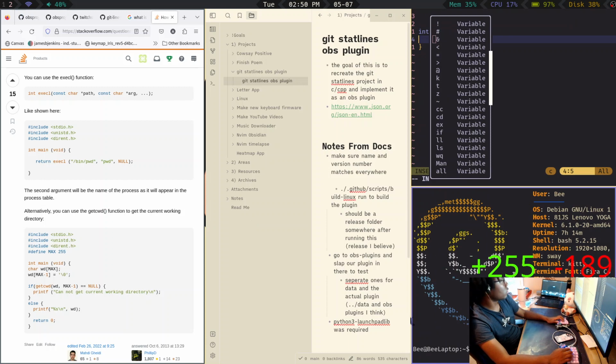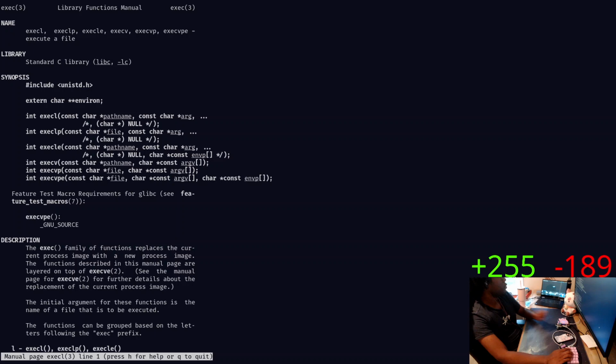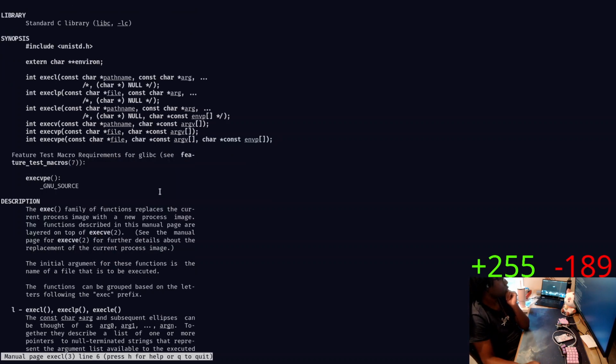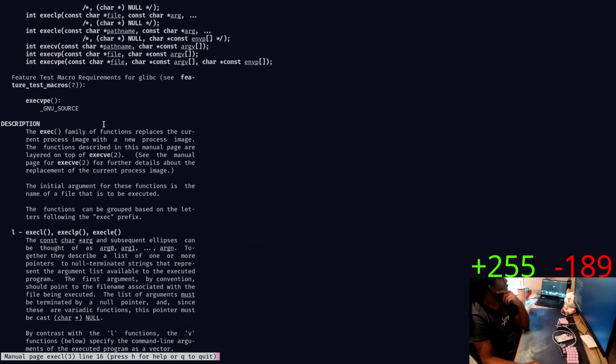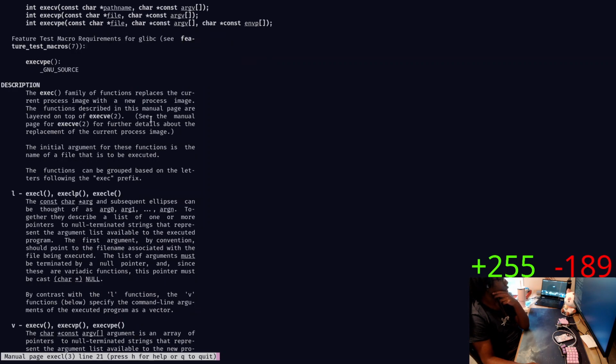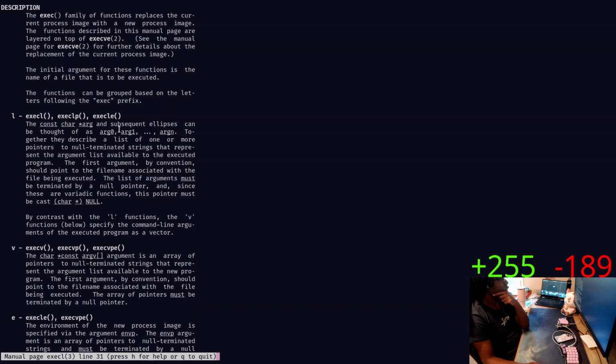Okay, so exec. Oh. The exec family of functions replaces the current process image with the new process image. Constant arg, ellipsis can be thought of as arg0.